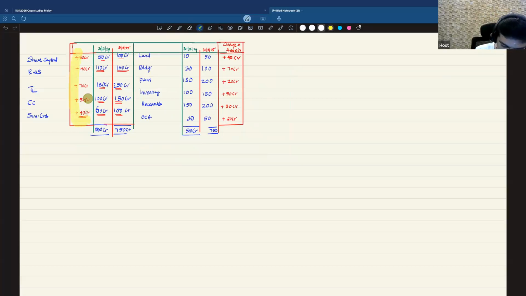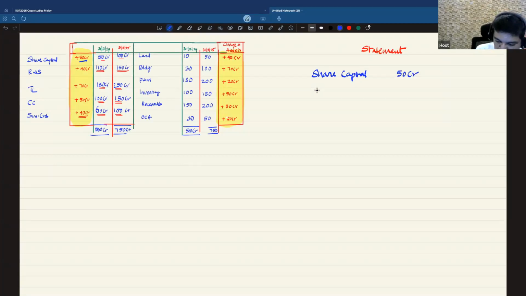Look, this is the change that happened. This is how the money has flowed in, and this is how the money has been used, right? Let me put it in the form of a statement. How much money has flowed in here? It has flowed in because of share capital. How much? We got 50 crore. 50 crore capital has come.